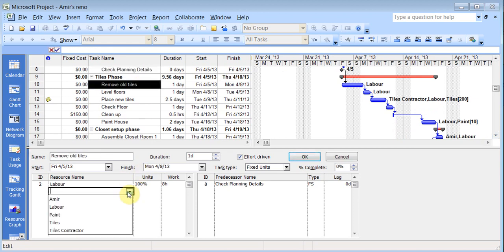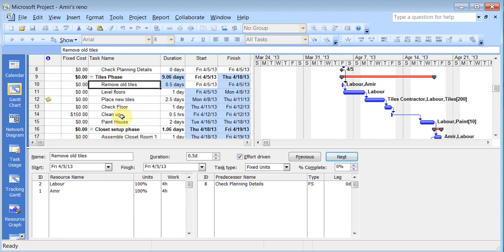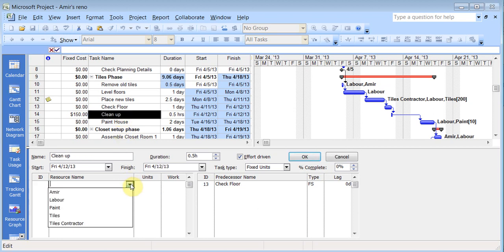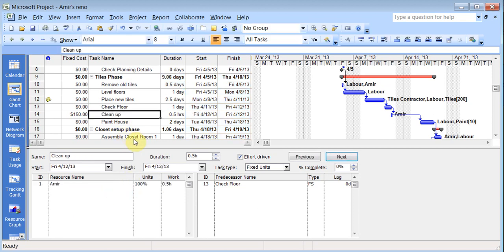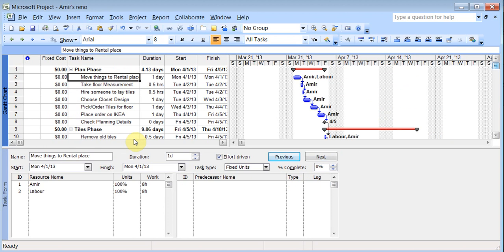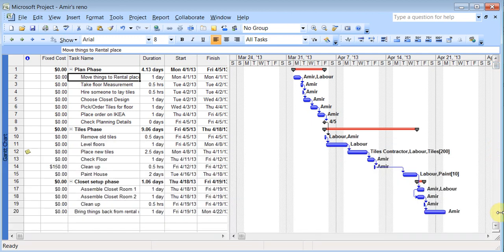So I'm just trying to put myself in a place of over allocation. So I'm just going to go ahead and do that. I've added myself to a whole bunch of jobs using the details section on the bottom, which I got through double clicking here, which you can also get rid of by pointing there again. Look for that symbol on the right hand side between the split, double click, and it goes away, and again